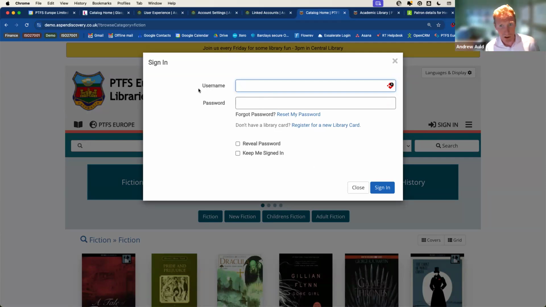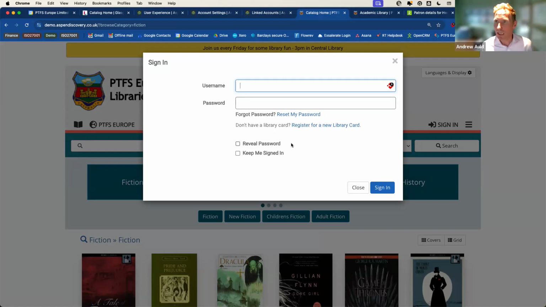And it does depend on your ILS, your library management system, as to what configurations you can use. But ours is configured to use username and password. And it does enable a forgotten password option here. And then I'll come on to the self-registration process that's enabled via that register for a new library card link